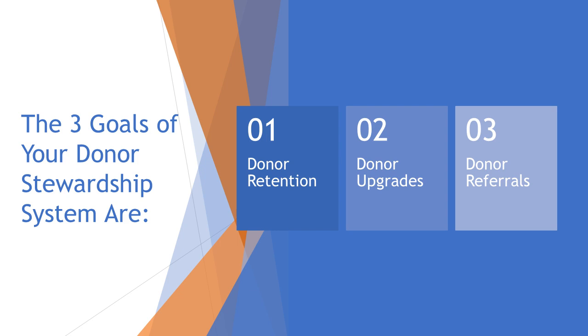A referral is when your current donors open up their networks to you and introduce you to their friends, family, neighbors, coworkers, vendors, and clients. You then build relationships with these referred prospects to build trust and ultimately ask them for gifts to your organization. In order to earn referrals, you need to continue deepening the relationships you have with your current donors. You need to cast a big vision for them, and you need to directly ask them to make referrals to your team. Okay, so those are the 3 knowable and measurable goals for your donor stewardship system.